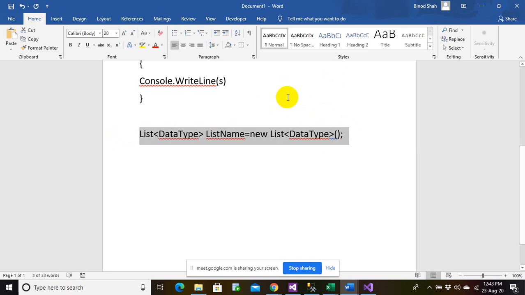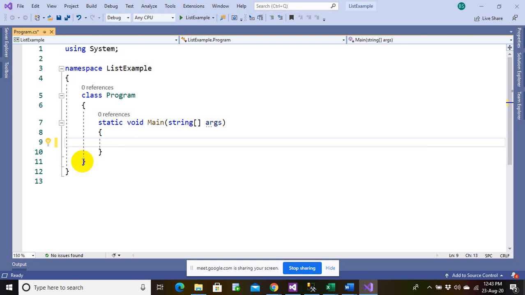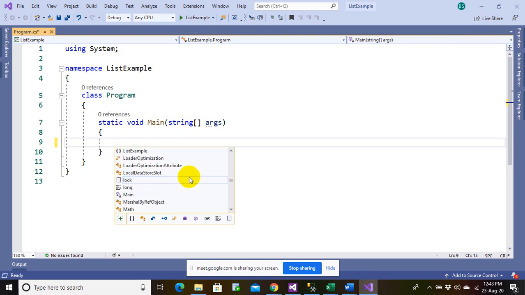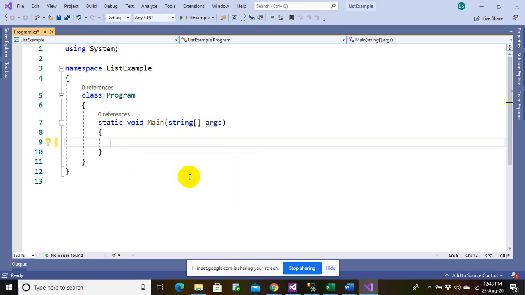So let me get into the examples of the list, everyone. A very simple example I'll start with. It does not need a name, it's just called System.Collections. You can directly start the list, let's say, okay, the list.